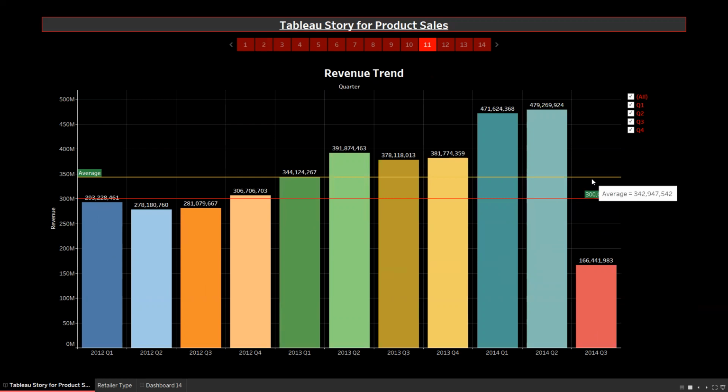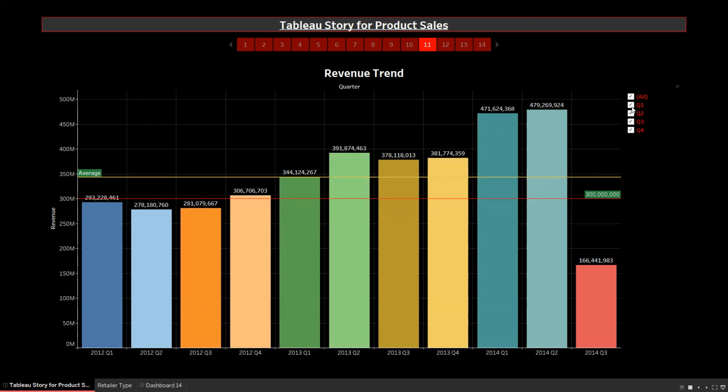This yellow line is the average revenue generated for this whole time period. And this red line is a constant line. We have set a benchmark of 3 million. So anything above that, we can easily see in which quarters the benchmark has been crossed.